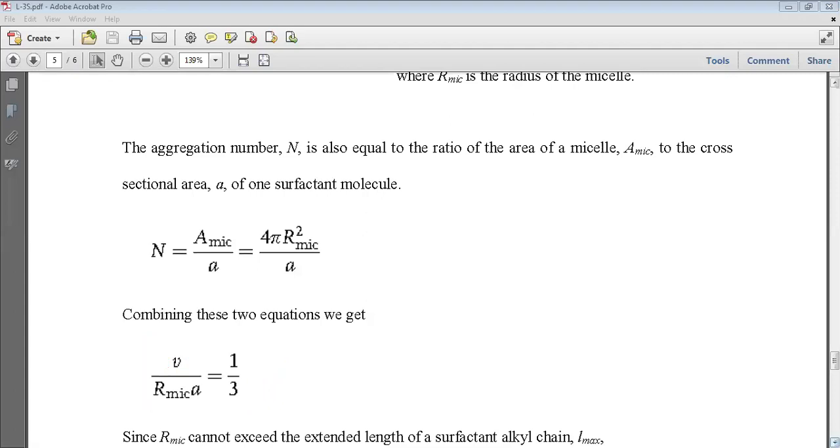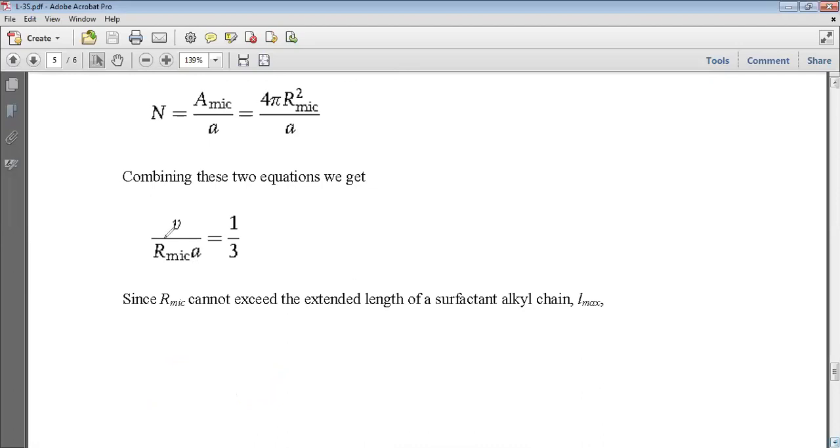Here you can see it. If you simply replace this R_mic by the length, as we have already defined for the packing parameter, it will be equal to this much. That means if the packing parameter comes out to be 1/3, that is simply a spherical micelle. For other configurations you can calculate it if you know the area of that particular geometry. Suppose it is now cylindrical; you can put the area of the cylinder here, calculate this value also, and generate the table we have already shown for the packing parameter.